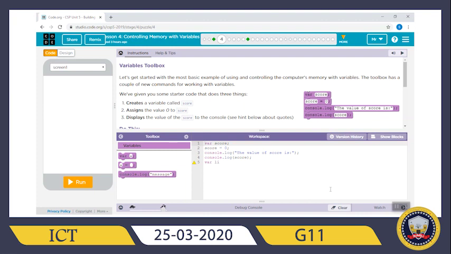Variables. Variables means what? A container for storing values. Values are what? Numbers, 1 to 100 and so on. So the container you use for storing values is called what? Variables. So the instruction here says, let's get started with the most basic example of using and controlling the computer's